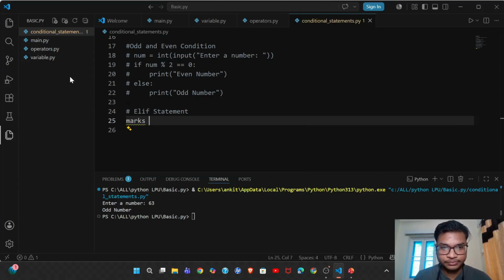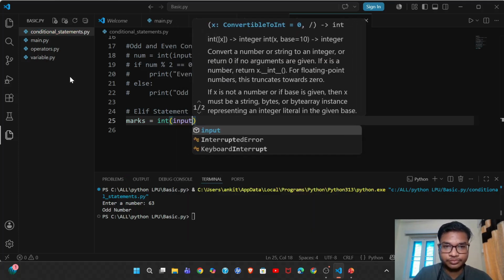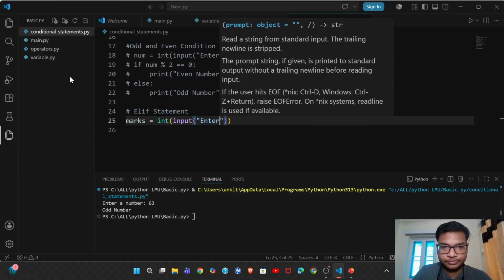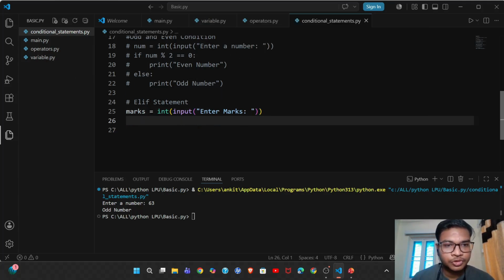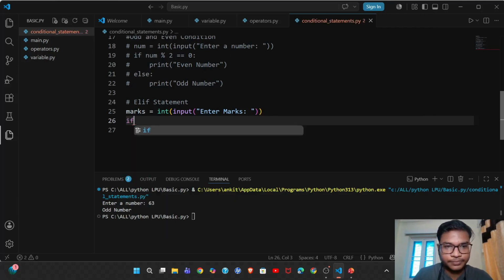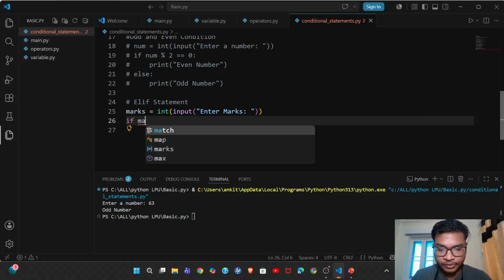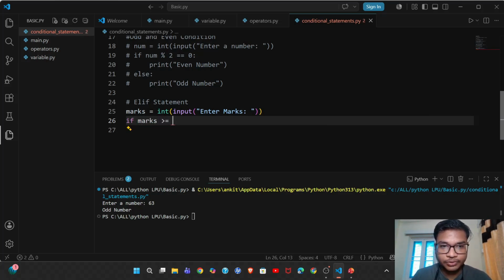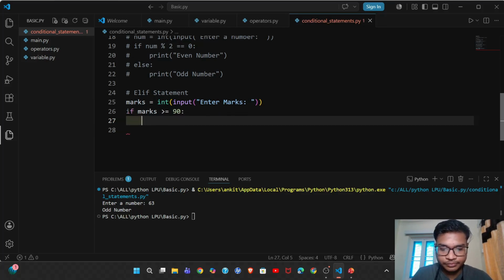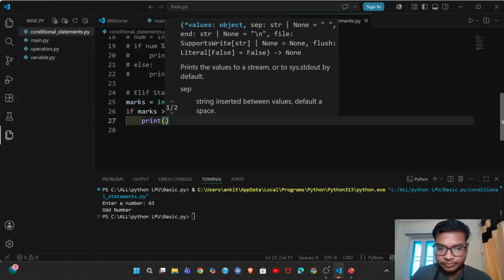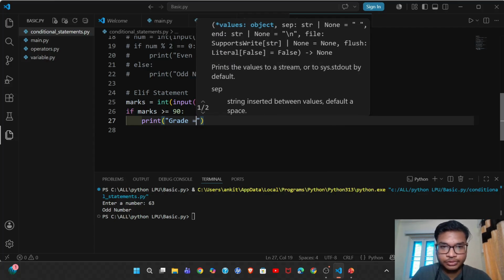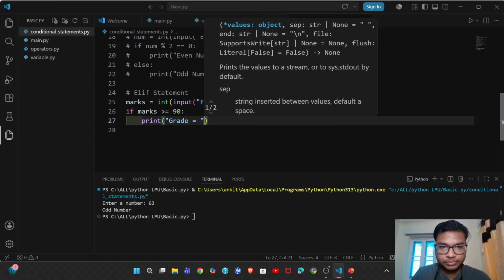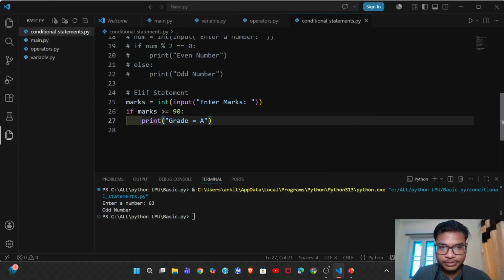Let's take marks equal to integer input, enter marks. Okay, so the first condition is if marks greater than or equal to 90, print grade equal to E, correct? Next,